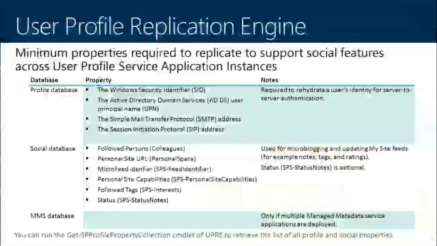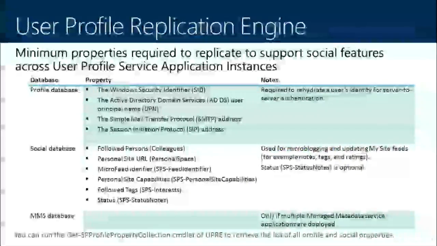I alluded to some of the properties that are needed to support features within SharePoint when we have multiple farms, and the User Profile Replication Engine helps to support that. So one of those is the need to rehydrate a user's token, and that comes into play when we think about search. If we do a remote results set and I send a query from my main farm to my regional farm, that query needs to be security trimmed appropriately, and that happens by sending certain characteristics, the 4 that